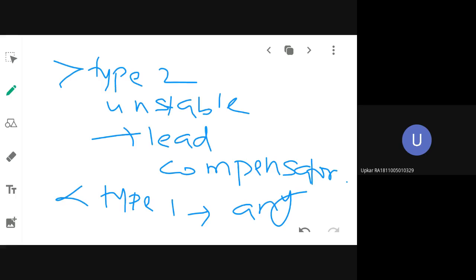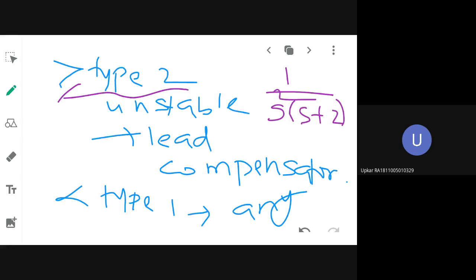Next thing you need to know is, under what condition will you be using a lead compensator, and under what condition will you be preferring a lag compensator. The simple thing is, when you are having a type 2 system or greater than or equal to type 2 system. Suppose the system has s into (s+2) into s squared. So this is a type 2 system. Whenever you are having a system like this, the system has a high chance of becoming unstable. So in that case, you will need to first increase the stability. You make it stable, and only then will you go for meeting the desired specification.